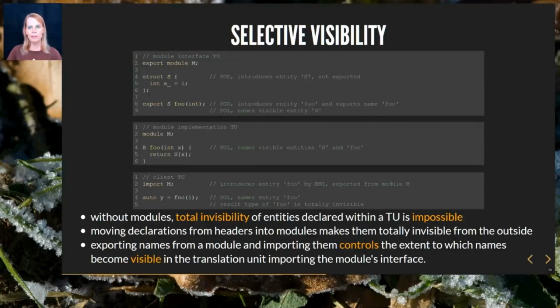All other non-exported names in the BMI remain invisible. So, exported names become visible everywhere. Non-exported names become visible only within the module itself. So it's you, the library developer, who decides which names in the interface become visible and which names remain totally hidden outside of the module.